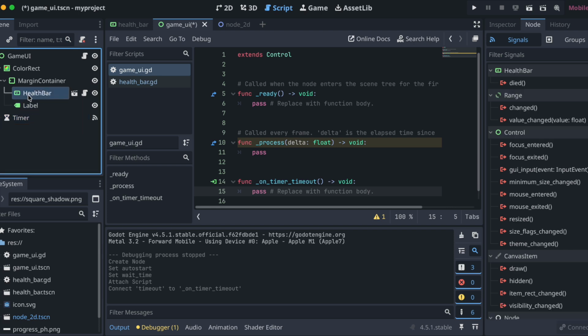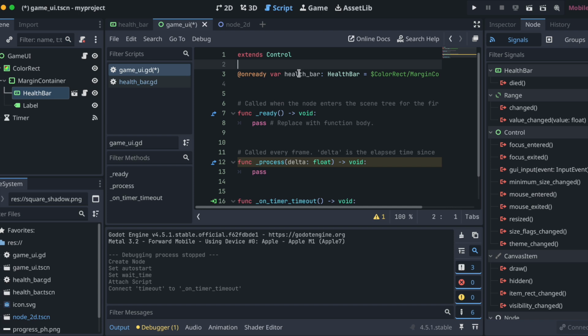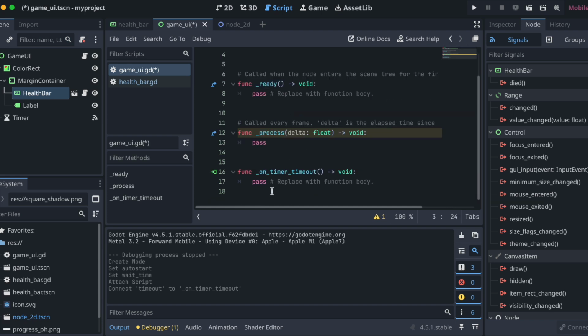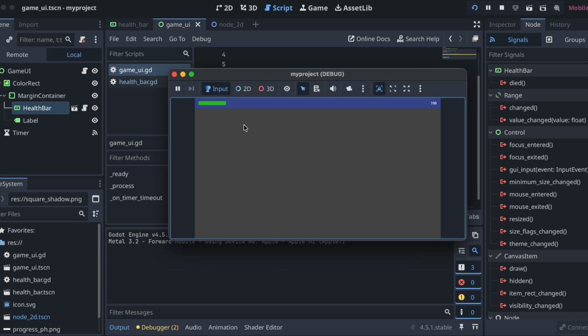Here is our health bar. I will just drag and drop our health bar over here. Okay, and then here you can just add health bar dot take damage, and here I'll just add that damage. You can also update the label over here, so I'll leave that up to you, and then we can just run our application. And after 2 seconds, here you can see the value of our health bar is decreasing,